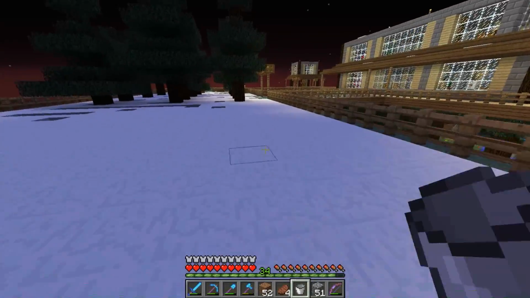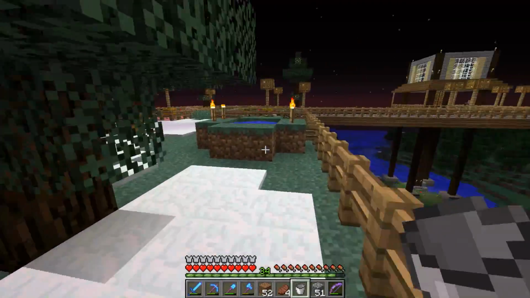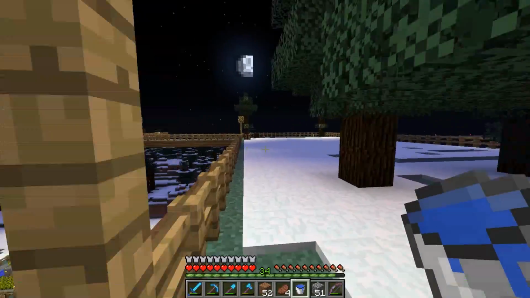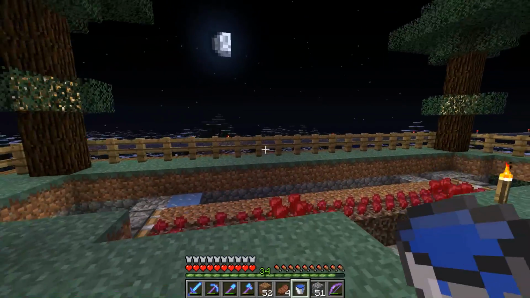Now, we need the water there to hydrate the actual dirt that you're going to have your seeds on, and that's why we're testing it with water. And it's also going to be there for another reason as well. As you can see on that water canal, I guess you could call it, I have a hopper there. Now, the reason I have a hopper there is because I'm going to have...